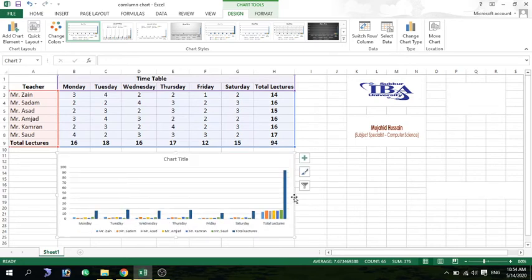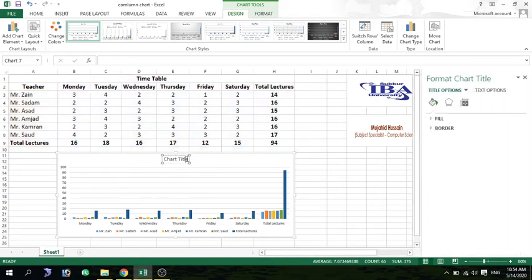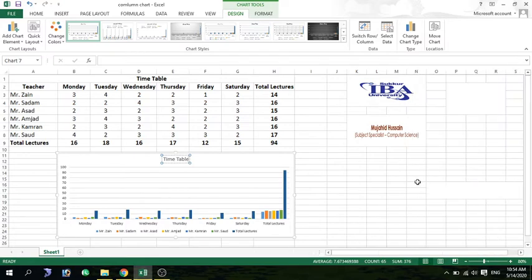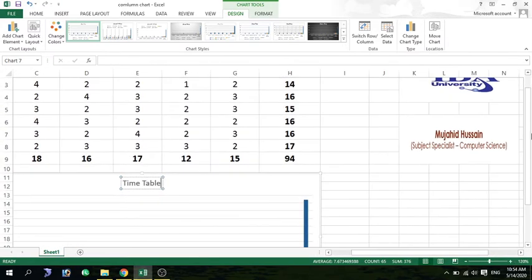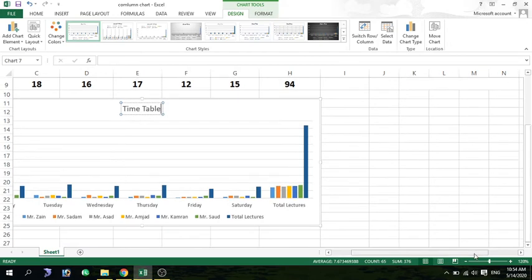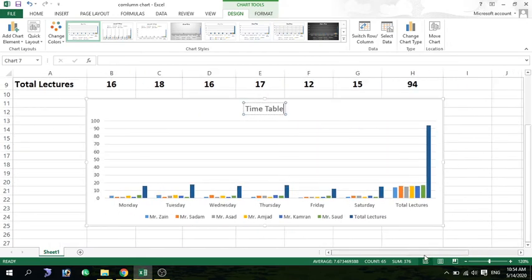Now you can see here the chart is available. So now I am going to rename this chart title as timetable, and now zoom in and see the total number of classes which are conducted on Monday, Tuesday, Wednesday, Thursday, Friday and Saturday, and the different colors which are available indicate the different teachers.